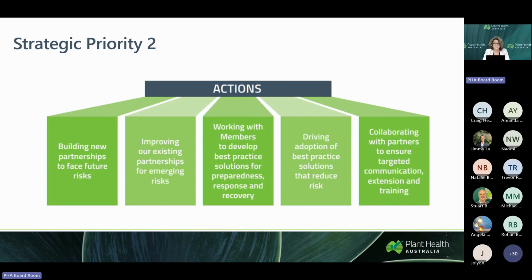Non-subscription projects of strategic importance for PHA under Strategic Priority 2 include coordinating activities in PHA levy and industry-funded biosecurity programs to improve preparedness, hosting reference panels for apple and pear, avocado, berries, ginger, melons, production nursery, rice, sugarcane and tropical fruit, which includes lychee, papaya and passion fruit industries, finalising endorsed biosecurity plans for blueberry, sugarcane and apple and pear industries,